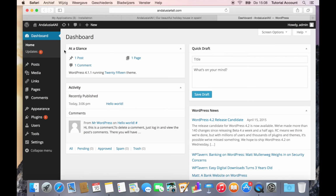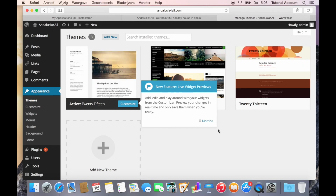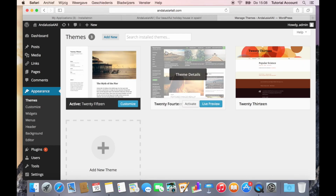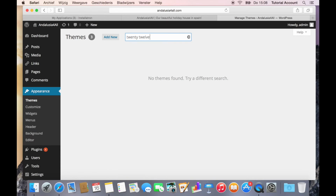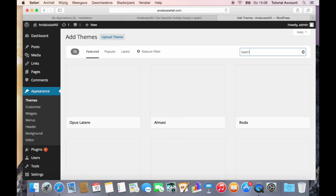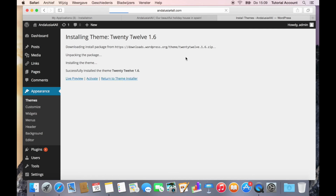The first thing you need to do is choose a theme. A WordPress theme is the general layout of your website. So you go to Appearance, Themes, and here you can choose many different things. I personally like the very simple layout of the 2012 theme. So I click here, install, so it will install a theme. Feel free to take whatever theme you like. Click activate,